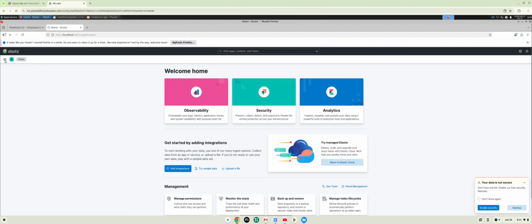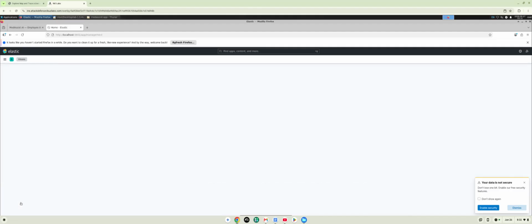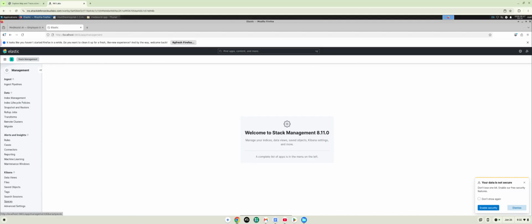But again, that's out of scope of what I want to show here in this video. All right, so first I need to actually create a data view, and by creating a data view, that should populate all of the information types into fields. And then from there I'm going to create an analytics view to then show those values. But first, let's go down a bit in this menu to stack management. All right, and then within stack management, I am going to go to the data views on the Kibana,